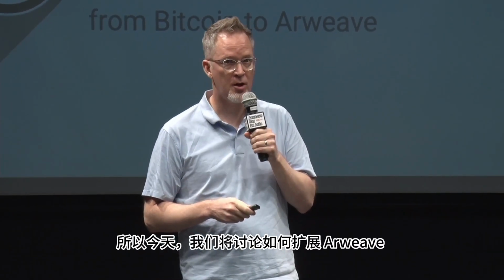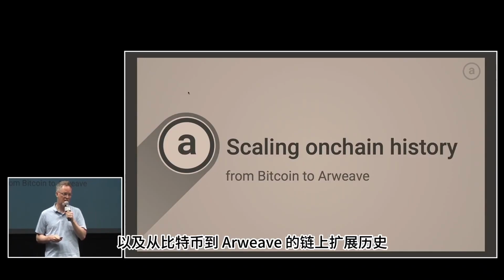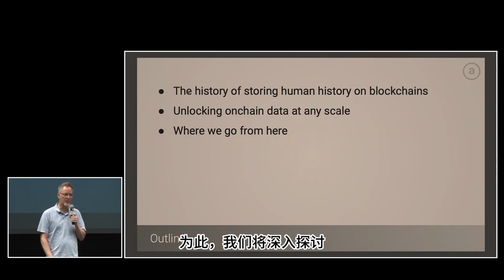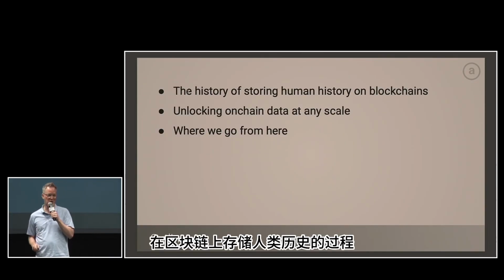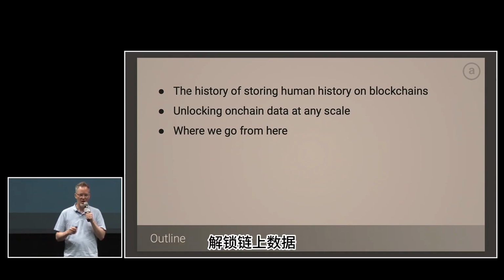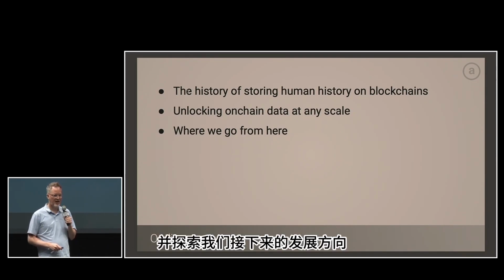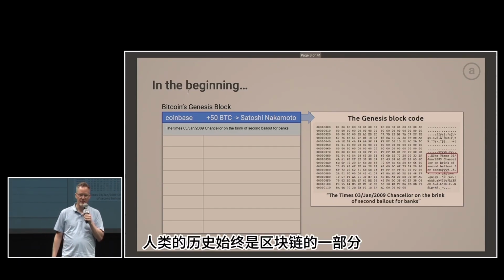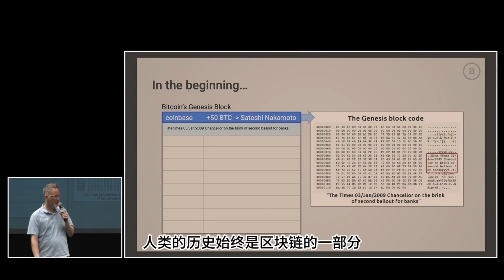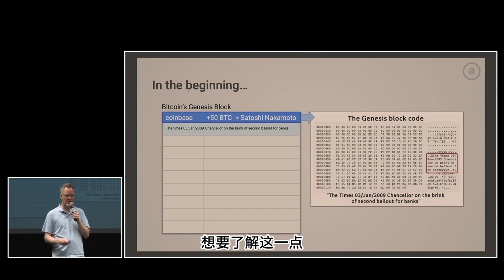So today we're going to be talking about scaling Arweave and scaling on-chain history from Bitcoin to Arweave. So we'll talk about the history of storing human history on blockchains. We'll talk about unlocking on-chain data and where we go from here. So human history has always been a part of blockchains, and to see how, we have to go back to